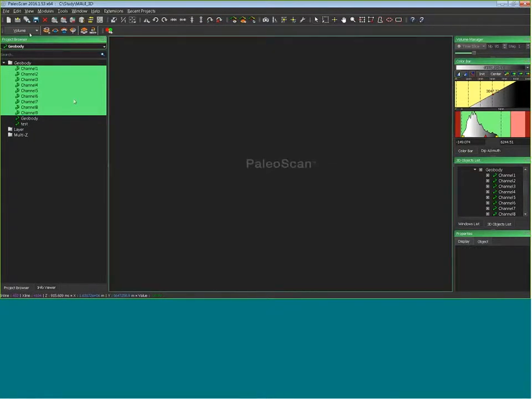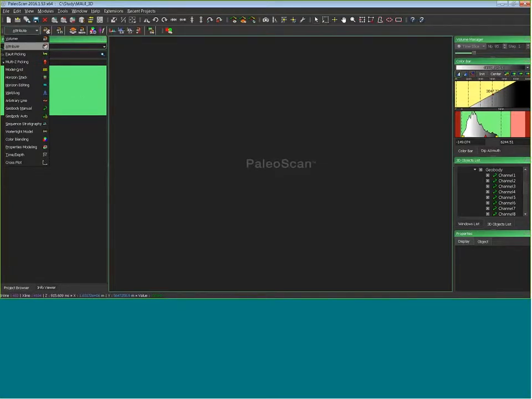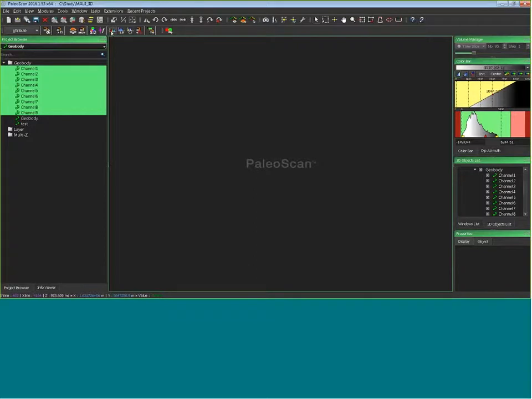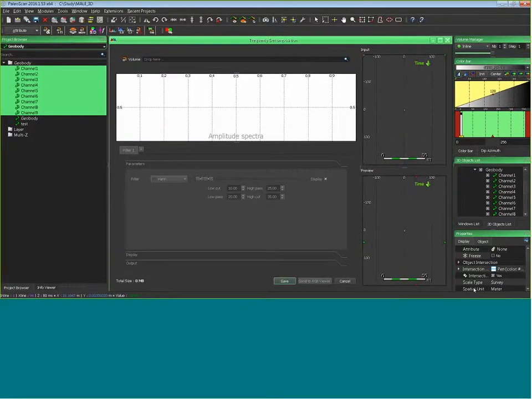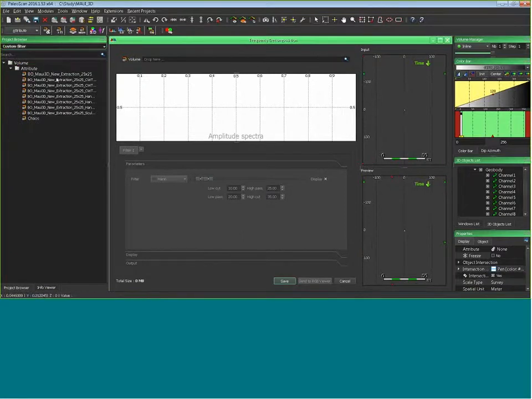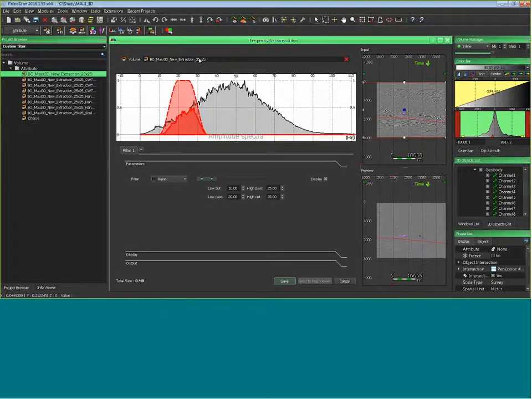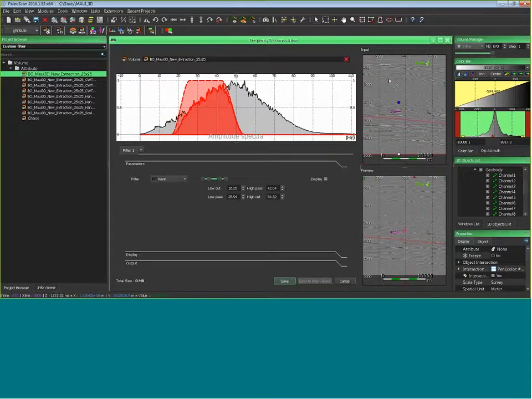As I explained during the PowerPoint presentation, if you go under Attributes on the current release of PaleoScan, you have this tool to do some frequency decomposition. You just have to drag and drop your seismic, and then you can play with the filter like this. On the right part, you have the original input and the preview.